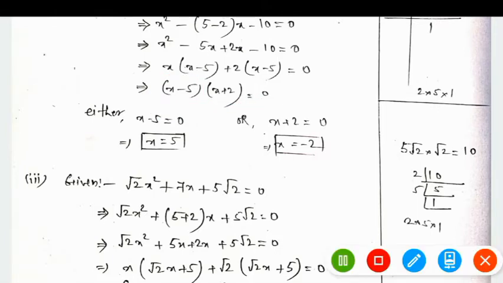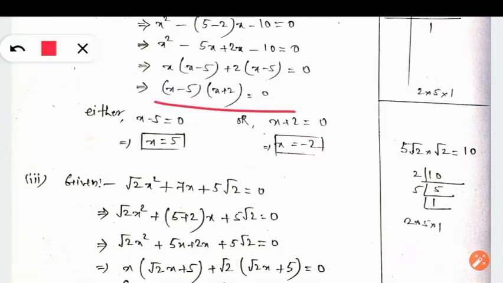So multiplying two terms and you are getting 0, it means either of the two terms is 0. That is why you are getting 0. If we multiply 0 into 2, what will we get? We will get 0. If we multiply 3 into 0, what will we get? We will get 0. So here when we are multiplying x minus 5 with x plus 2, you are getting 0. That means either x minus 5 or x plus 2 is 0. Any one of them is 0. That is why we have 0 here.